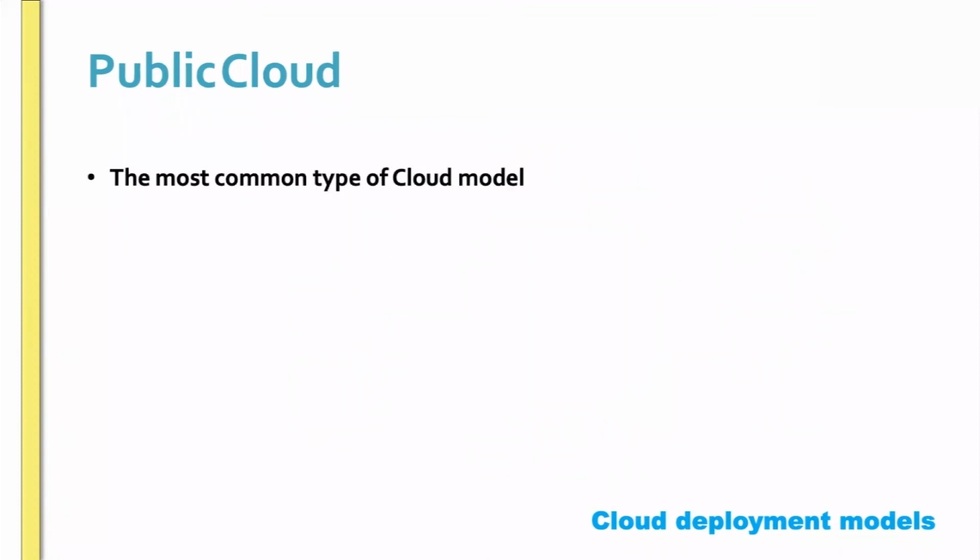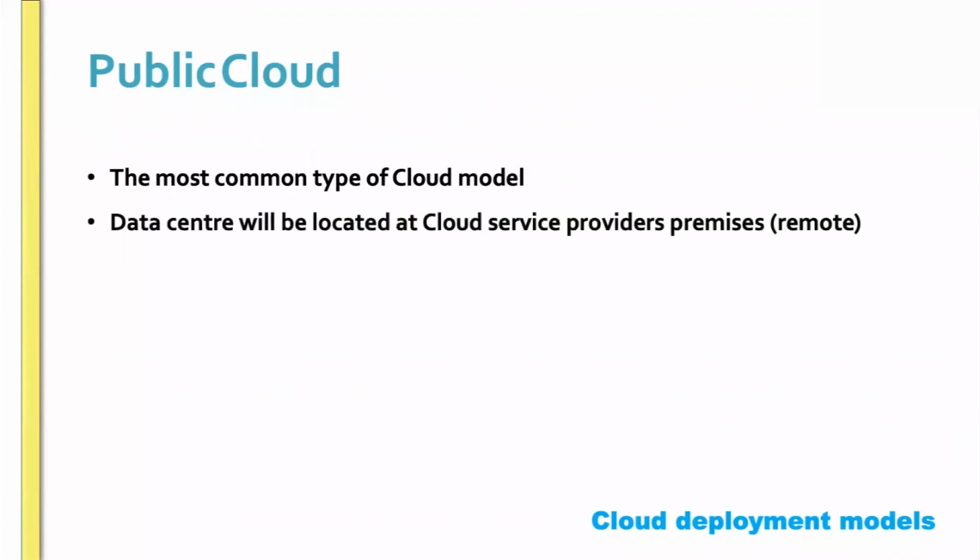This is the most common type of cloud. When we say AWS or Google Cloud, not only your organization, someone else also will host their applications there. So that's why it's called public cloud. And also it is accessed using the public internet. You will be accessing it online, over the internet. That's why it's called public cloud. Most common type of cloud model. The data center will be located at the cloud provider's premises, which means maybe in Google's different data centers, and you will be accessing it over the internet.